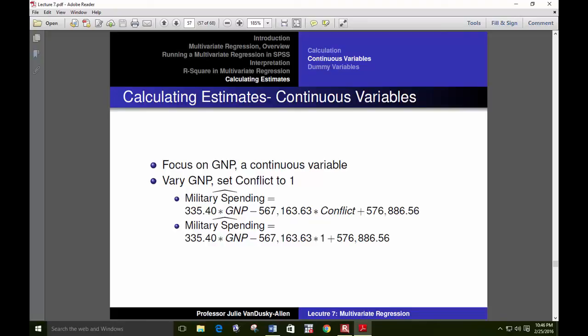Recall our multivariate regression equation example. Military spending hat equals 335.40 times GNP minus 576,163.63 times conflict plus 576,886.56. I want to vary GNP, so I keep GNP in this equation. Then I set conflict equal to 1, so I put a 1 here. Using this equation,